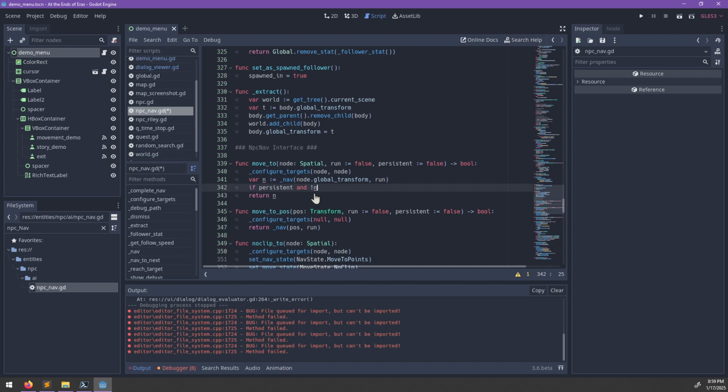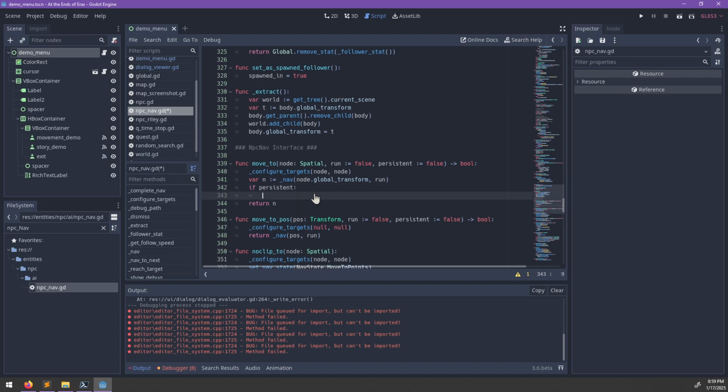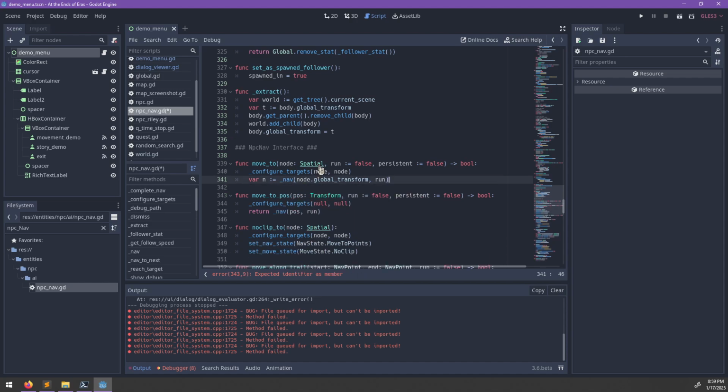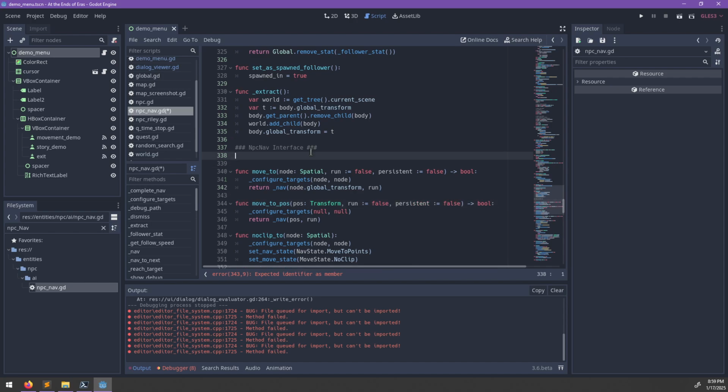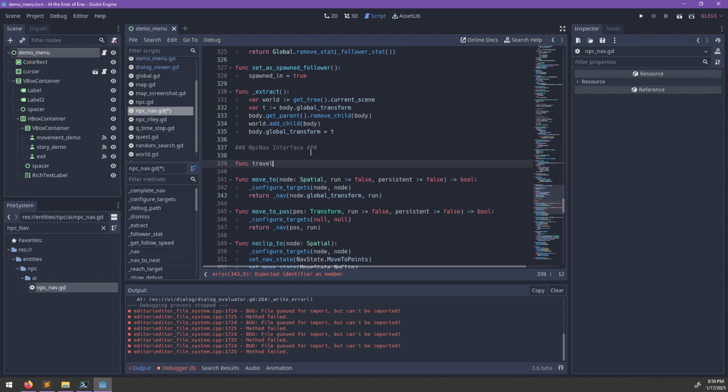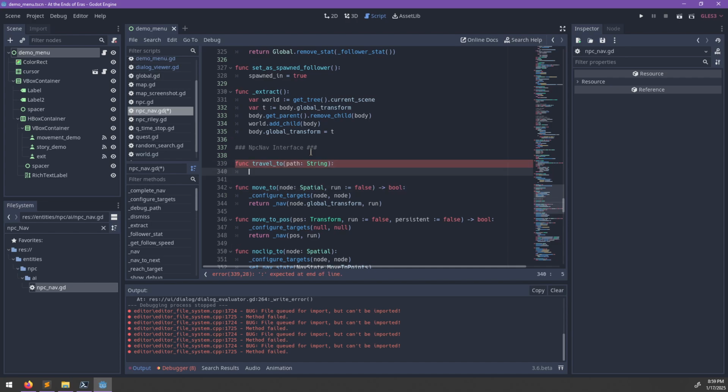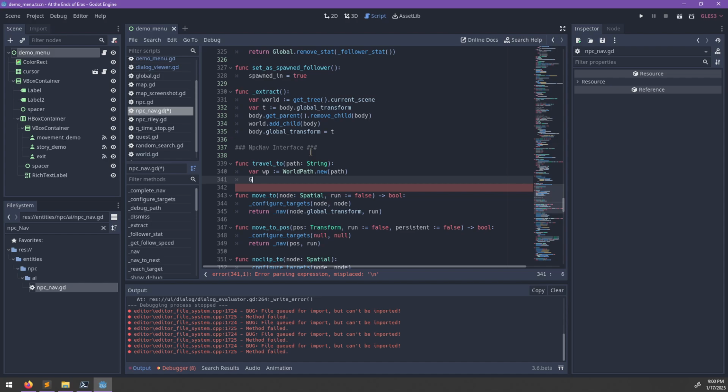What I just need is if persistent, global dot func save or travel to string or path string. So if w path equals path new path, global dot